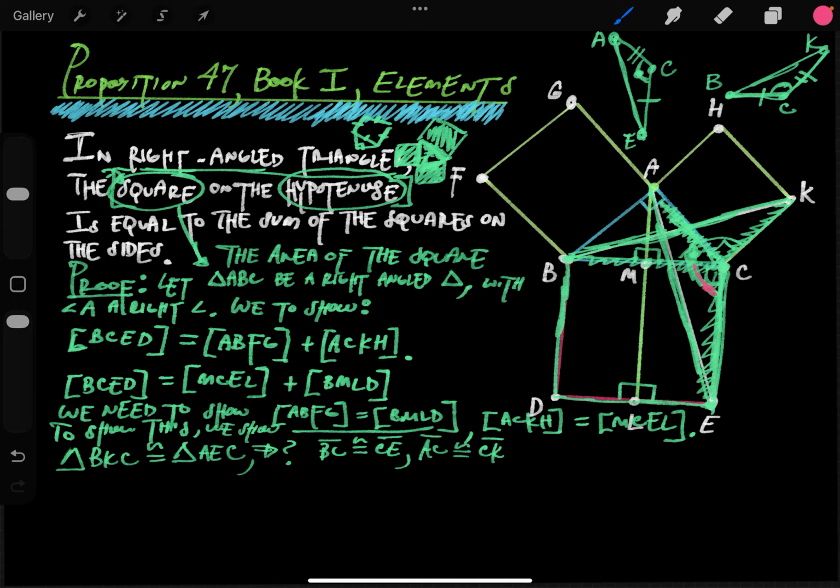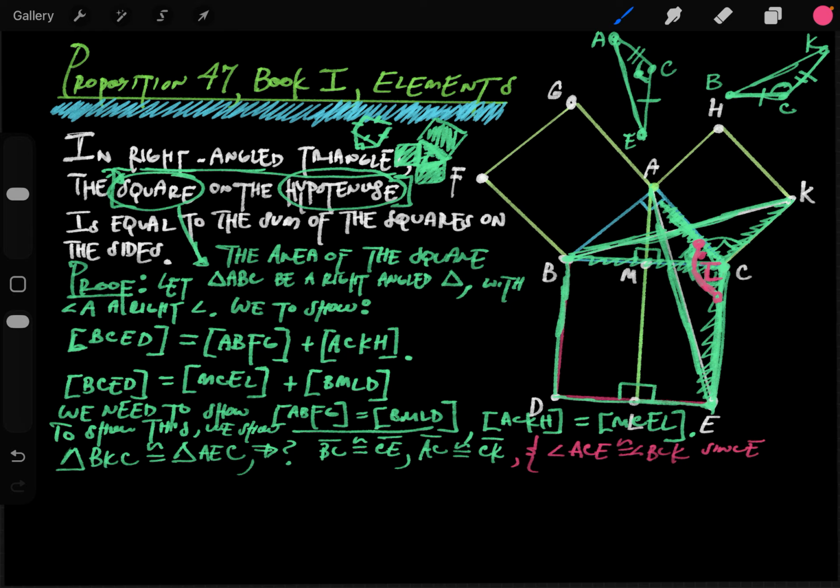From here to here, it's the 90 degrees plus dot. So we can say angle ACE is congruent to angle BCK,